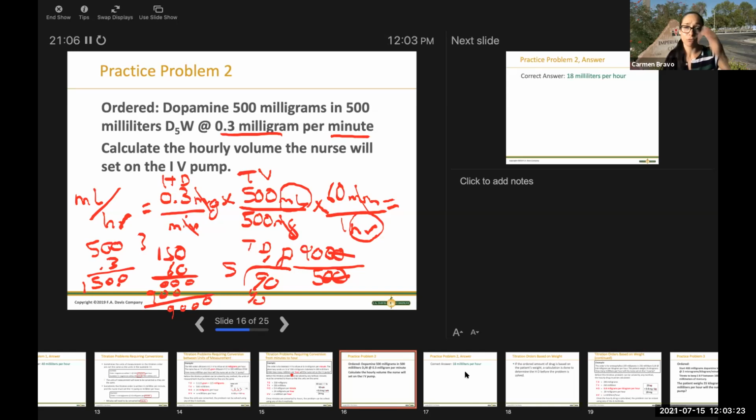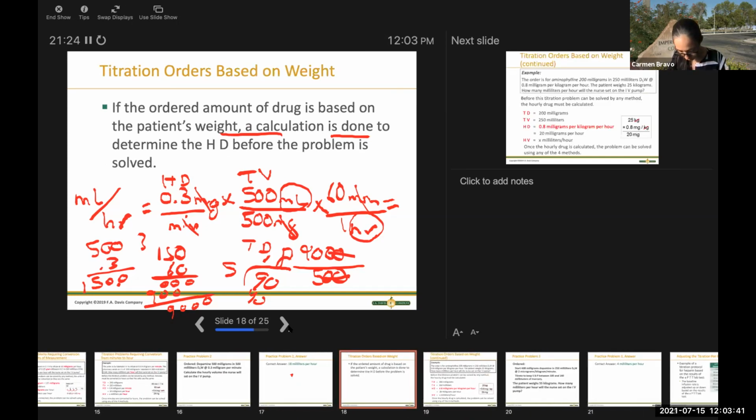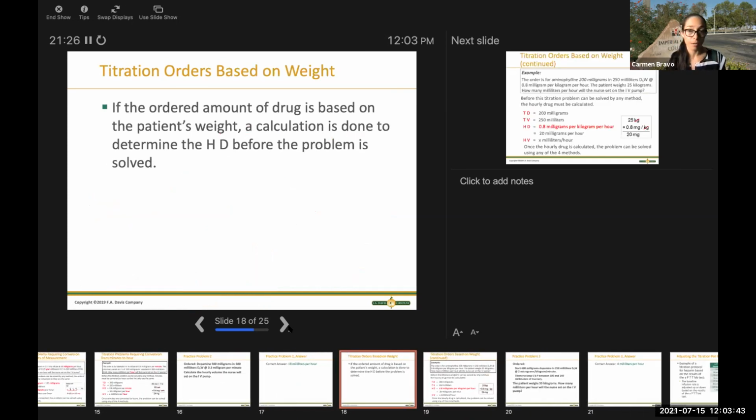And that's why it can get confusing sometimes. But in our doctor's orders, that's how they make them, and you'll see in the pharmacy, normally they do it for us, but we have to work them out again